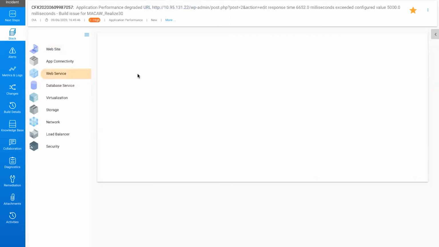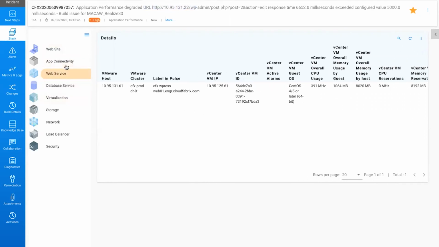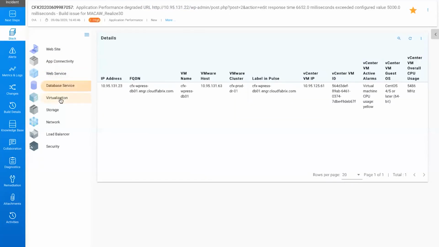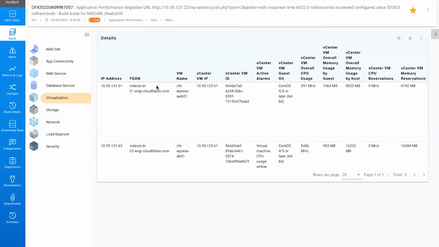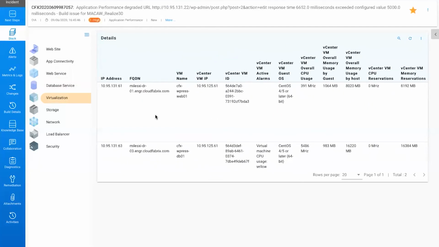So what is the web service? Having all the details here is very handy. So now I know what is the potential stack that is impacted by this incident. So having all these different layers, and for each of the layers, what is the component involved. All these details are automatically learned either from your CMDB or a combination of CMDB and inbuilt discovery, NetFlow data, or vCenter, depending upon the different sources available for the data. It uses all these different data sources to build this stack information.